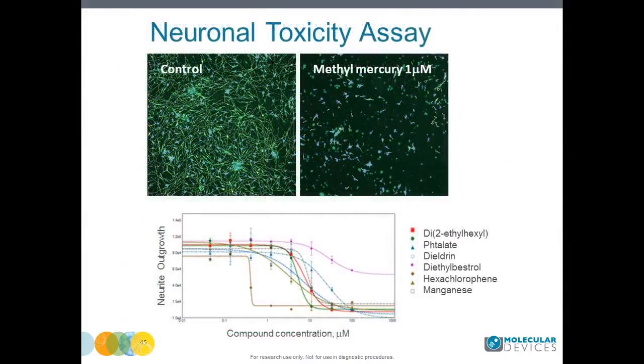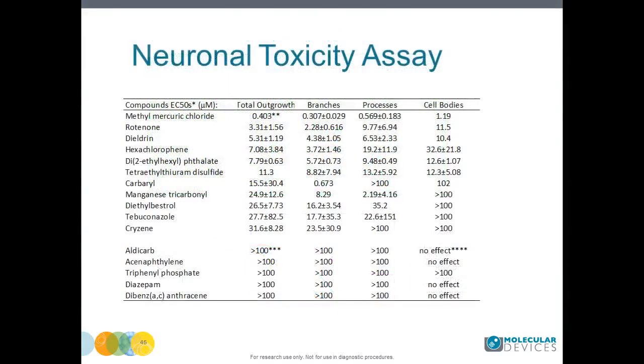We have created IC50 plots for multiple readouts. The IC50s for multiple measurements presented in the table. Notably, the IC50s were different for different readouts. For example, IC50 for branching were typically the lowest, and for cell viability significantly higher than the outgrowth, branching, or processes. So, stem cell-derived assay models in combination with advanced imaging methods can be a very efficient tool for toxicity evaluation.